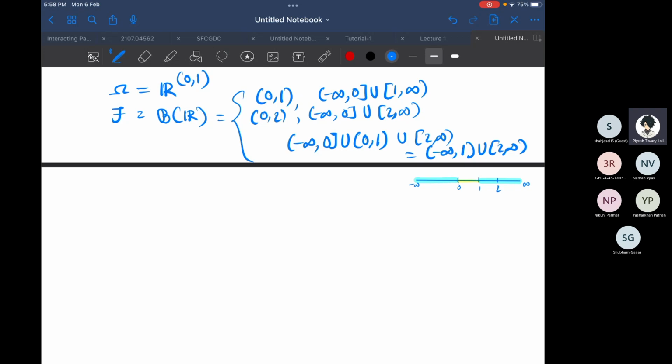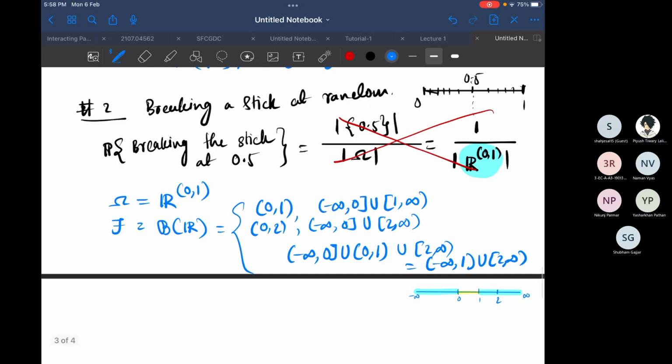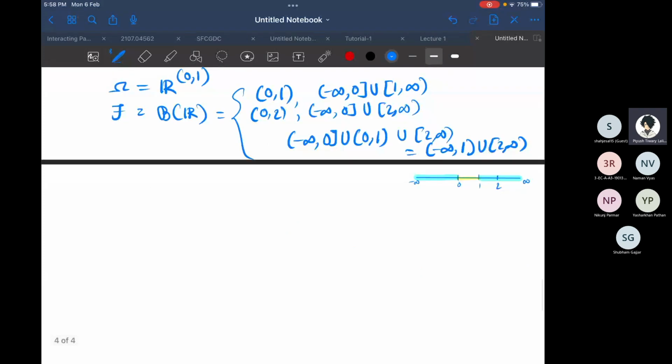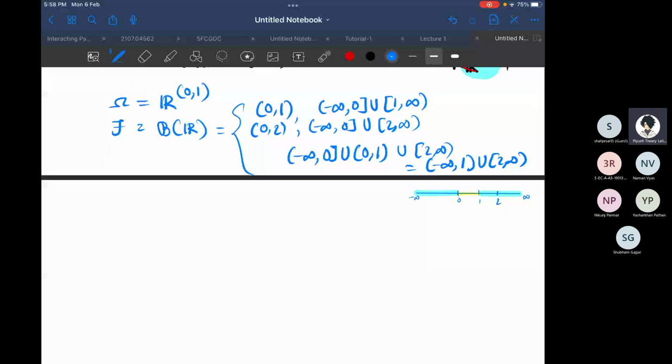Now coming to the major part, we will actually be dealing with the problem that we had earlier, that we were not able to count this thing here, and we were in trouble. So it's up to me what I decide. It's up to me what probability I want to measure. So what I will say is that my probability measure will be nothing but the length of the interval.